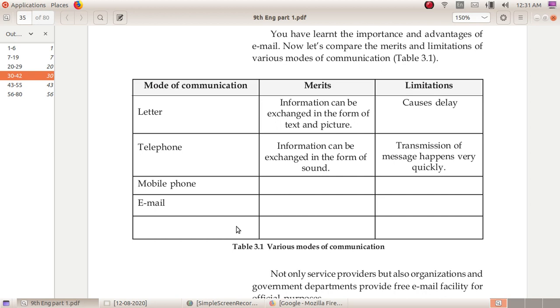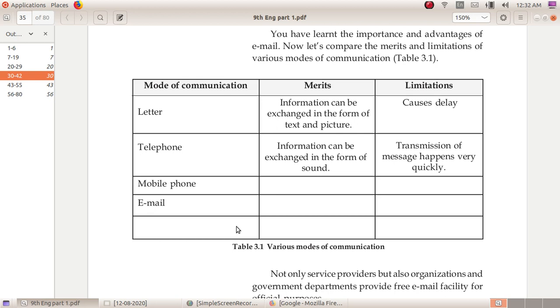Just write the merits and limitations of mobile phone and email in your notebook. With a mobile phone, we can transfer information in the form of sound, text, and video.